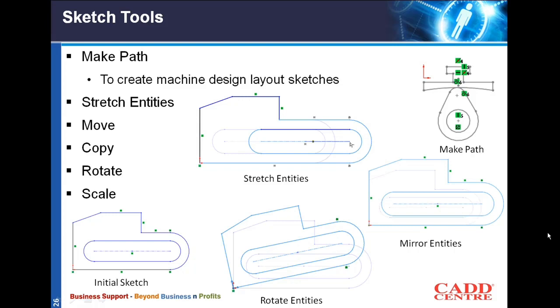Make path. Make path is used to create machine layout sketches. We are going to show the relationship between two components in the sketcher environment. Let's see in SolidWorks how we can create the path relationship between two components. Here is a sketch which shows a cam and a follower which is driven by make path relationship. Let's go into the software